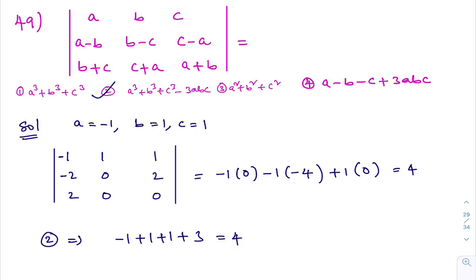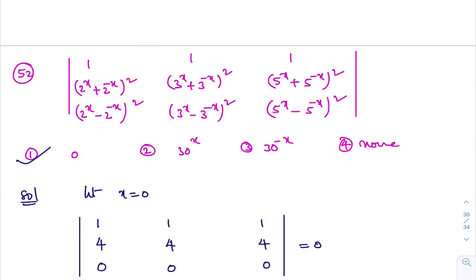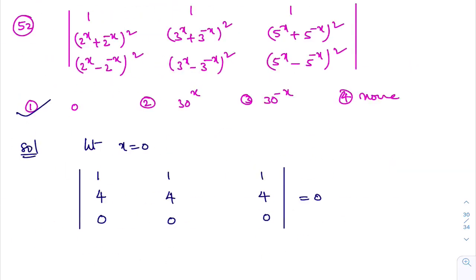You can do these problems with the direct method also, but these things take time. Applying row operations, column operations, and simplifying takes time. Right. However, this is the easy way of doing these problems. Now you see this question number 52. By seeing the question itself, you may be worried about how to solve these things.